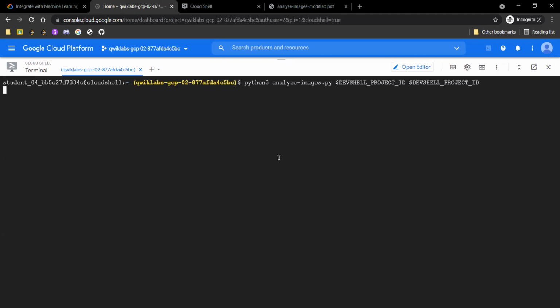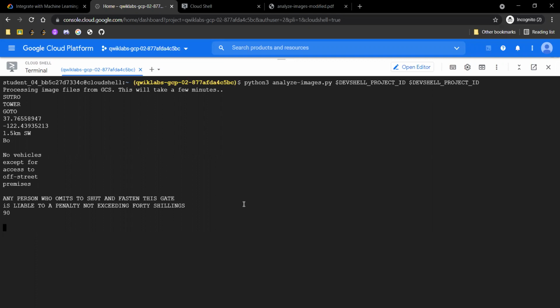Simply this will run your analyzeimages.py script file. So it says processing image files from GCS. This will take a few minutes. So we have successfully completed our task 3, but let's wait till it gets completed.